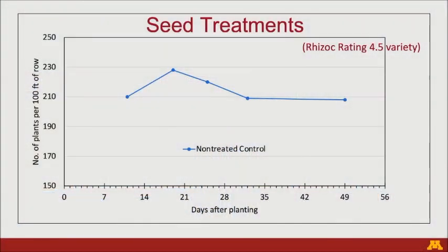So every year we run these 2 different trials. In trial 1, we compare all of the available seed treatments and also fungicides on a susceptible variety that we can find, right? Because if you can manage the disease on a susceptible variety, you can really manage it on a resistant variety, right? And this is kind of apples to apples comparison. So look at the stands here. So by 3 weeks, we got about 230 beets for 100 foot of row, really, perfect one. This is my check, no rhizoctonia seed treatment.